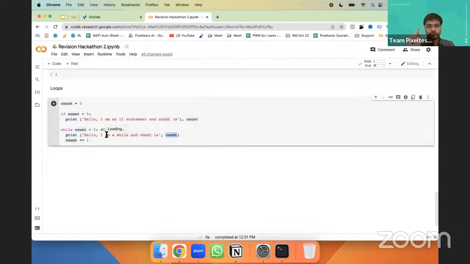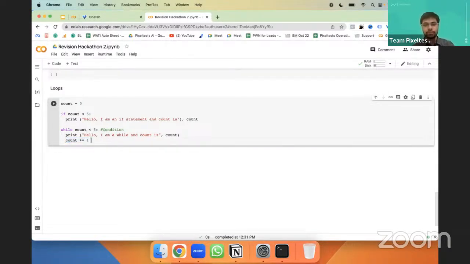If it is 0, because we start from 0, it will print 0 first. Because the loop condition is still true, it will go for 1 is less than 5, and then print that statement again, right? So we increment this variable every time.